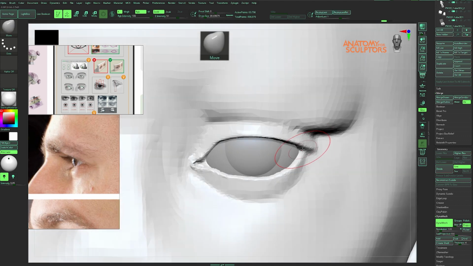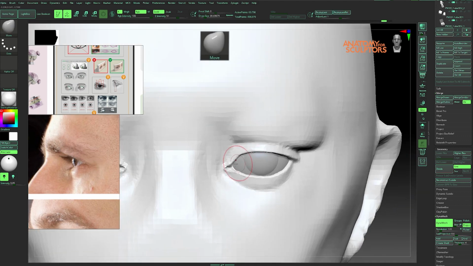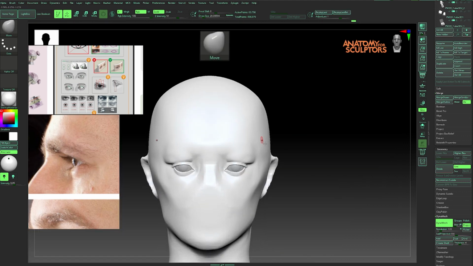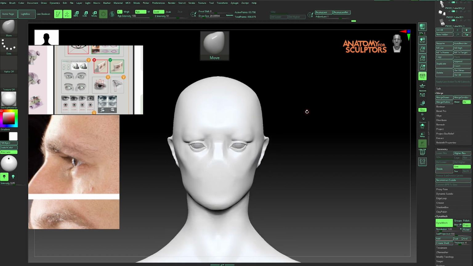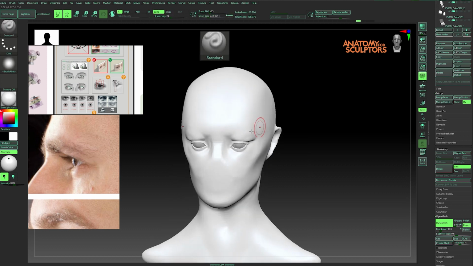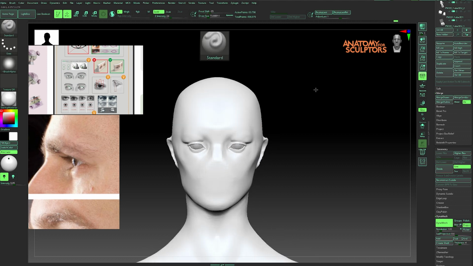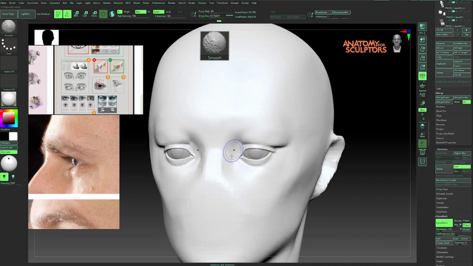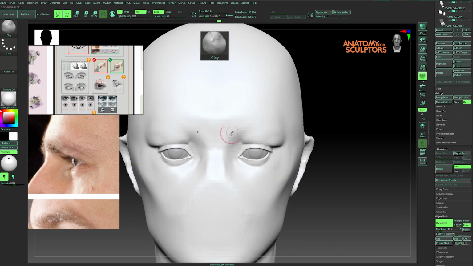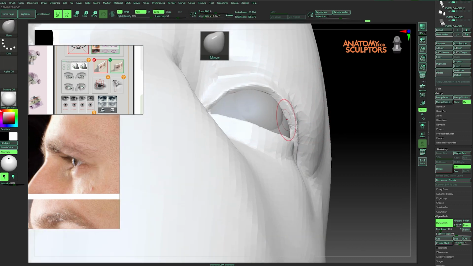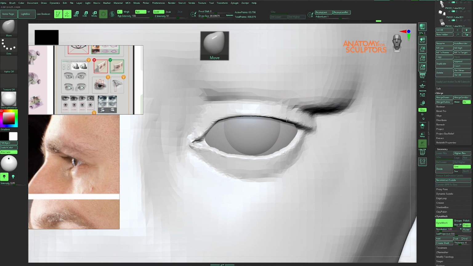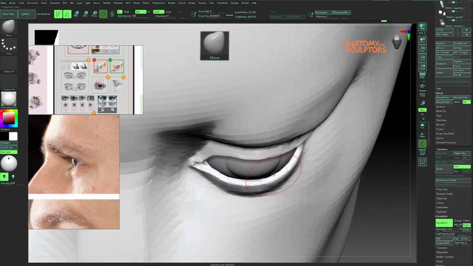Again, I will check the thickness of the eyelids and their shape due to the dynamesh deformation and make sure that the eyelids hug the eyes. Another tip that I can tell you is that when you move a shape from one angle, the chances are high that it will be deformed and out of shape from another angle. So you need to check them at every angle with each stroke or move. Here I've changed the eyelids from below, but in the front view their shape was messed up, so I need to fix that in the front view too.